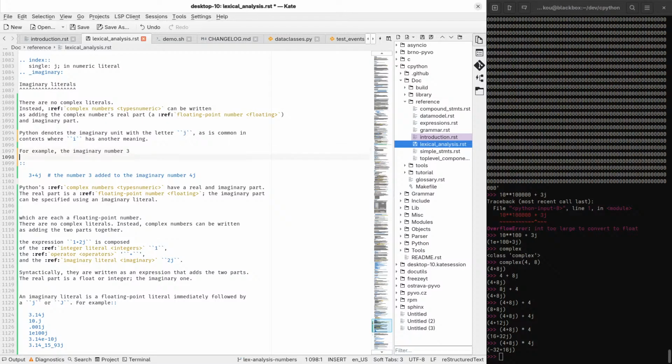Let's do an example. The imaginary number 3 plus 4i, in this case, can be written